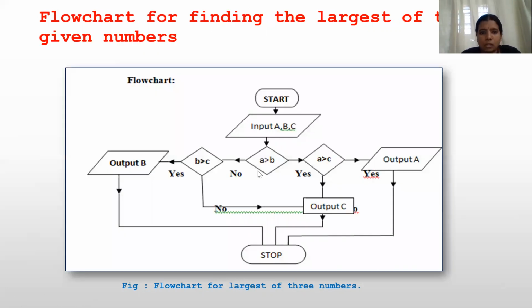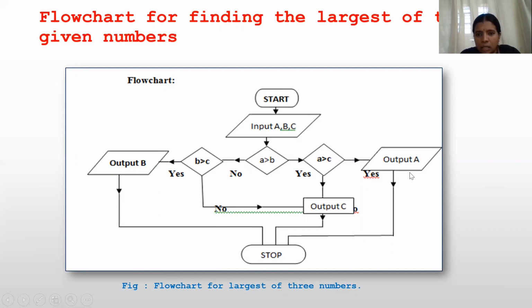Then this is a flowchart where we are trying to find the largest of three numbers, A, B, and C. Given three numbers A, B, and C, you read them and then check. The general approach would be decision making. A constant series of decisions will help us decide which is bigger among A, B, or C. Decision making involves a rhombus. First check for A greater than B. If that is true, proceed to check the bigger one, that is A, with the other element C. If that is false, proceed to check the bigger one, B, with C. Out of B and C, either B may be bigger or C may be bigger.